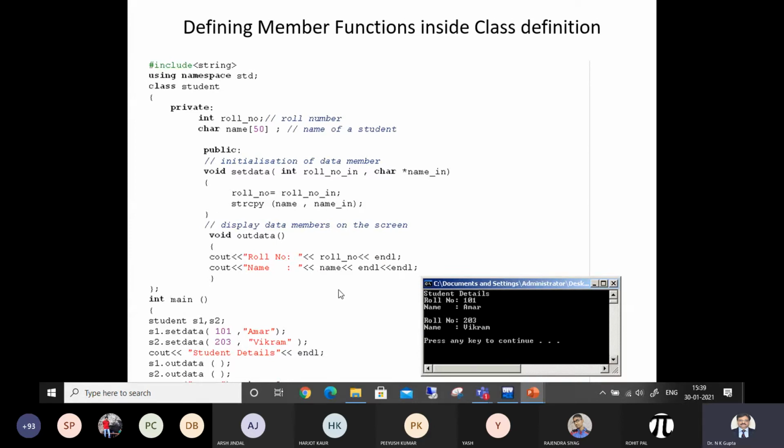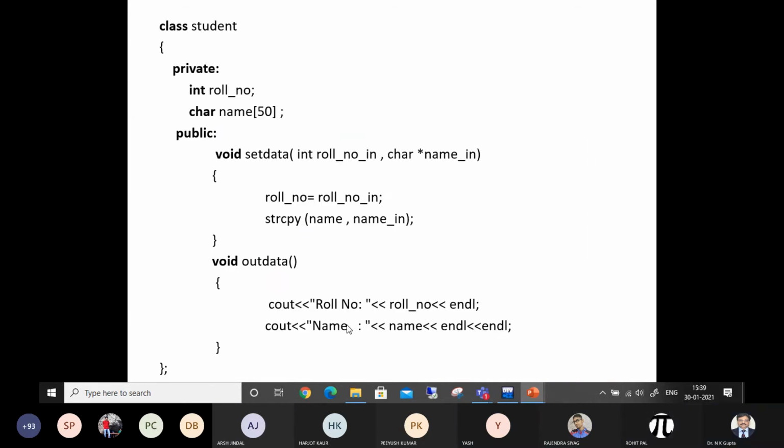So here you can see where they have been defined. Inside the class or outside the class? This example you have seen today only. Inside the class. How can I declare it outside? Inside the class I will write the prototype, and the definition I will write outside the class. But what thing is to be mentioned when I write the definition outside the class? Return type will remain same. Scope of the class, name of the class. Before the name of this member function, I have to mention the name of the class and the scope resolution operator, double colon. This is a better view of the previous thing.